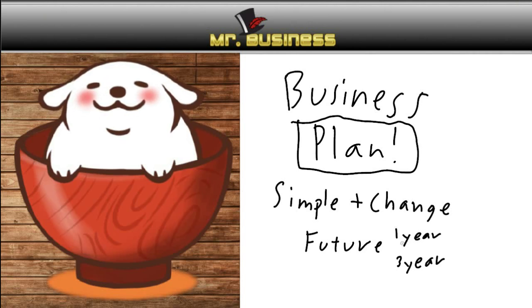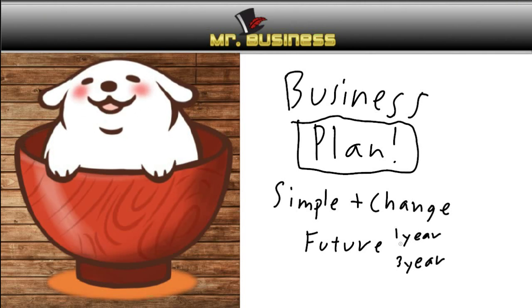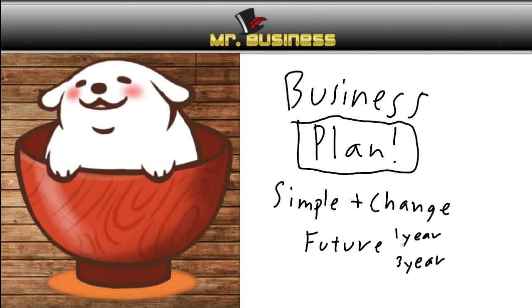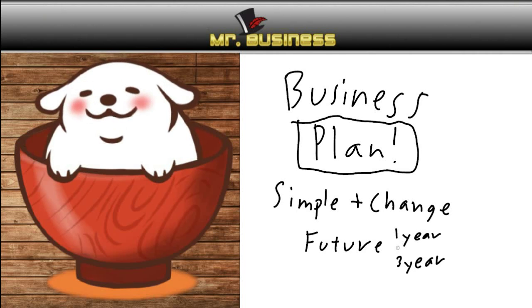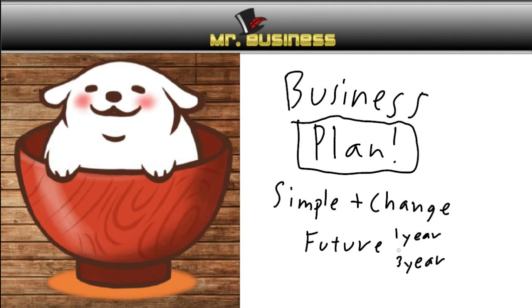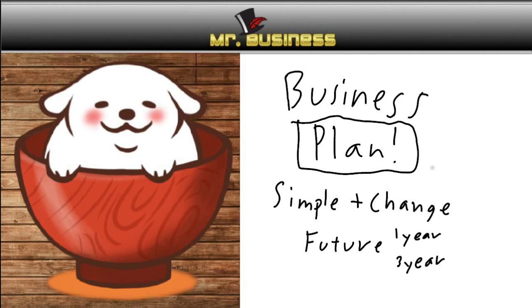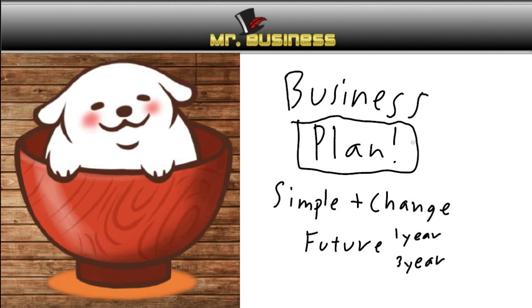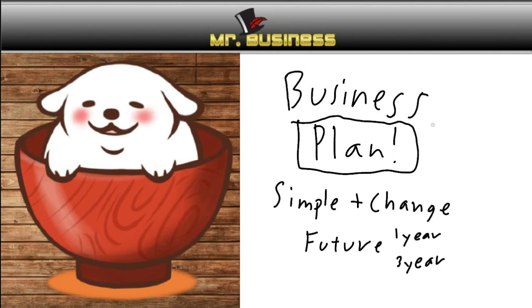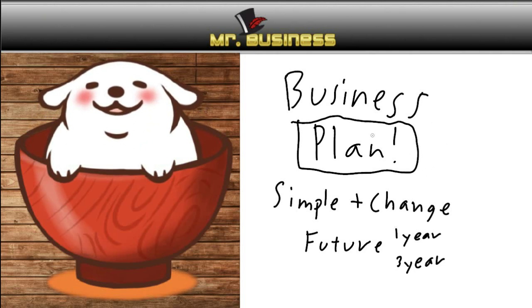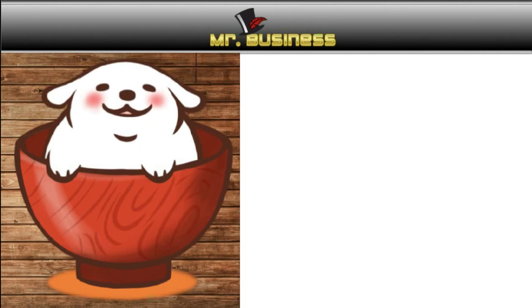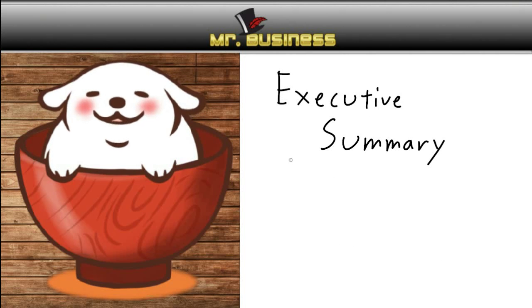Yeah, you can have goals that are further out than 1 to 3 years, but as far as actually predicting the future accurately, the further out you go, the harder it is and the more unpredictable it becomes. Alright, so this has a lot of pieces, like I said. We're probably going to break up this episode. Let's go ahead and check out the first and actually most important part of the business plan. First and most important part. Alright, right there it is.